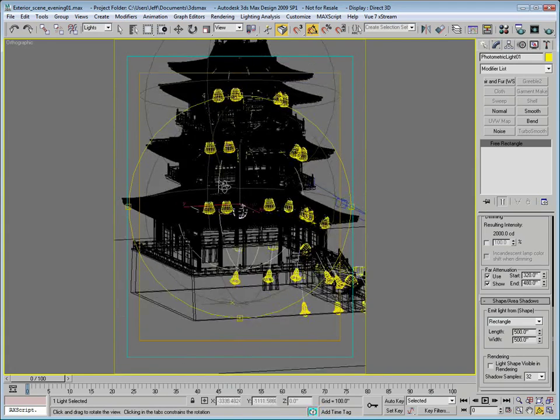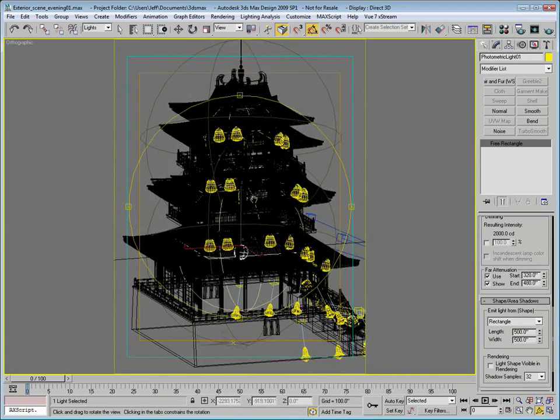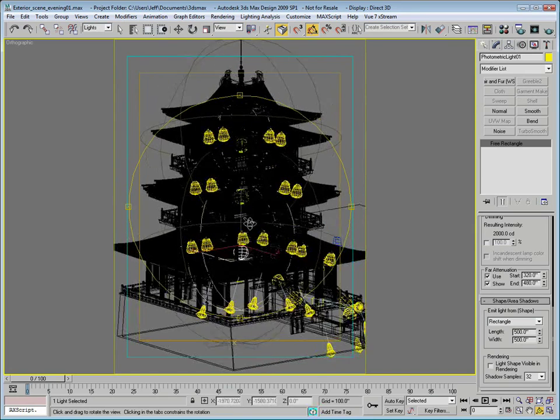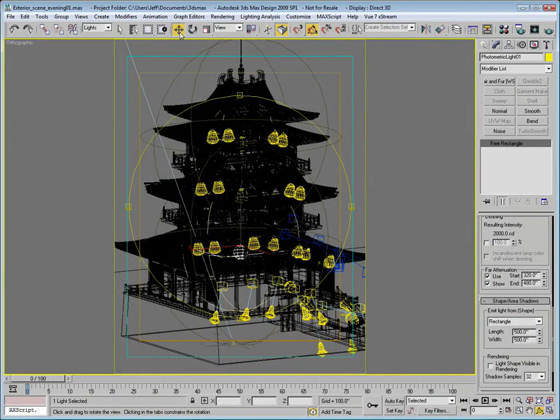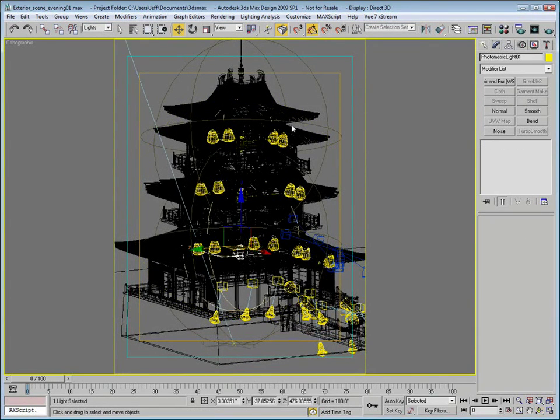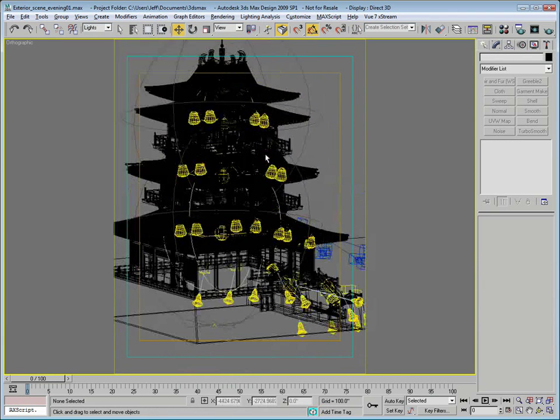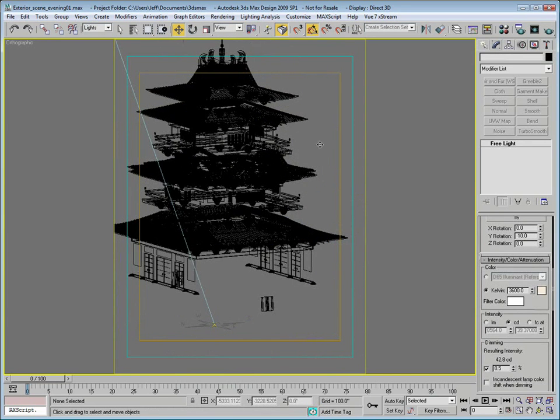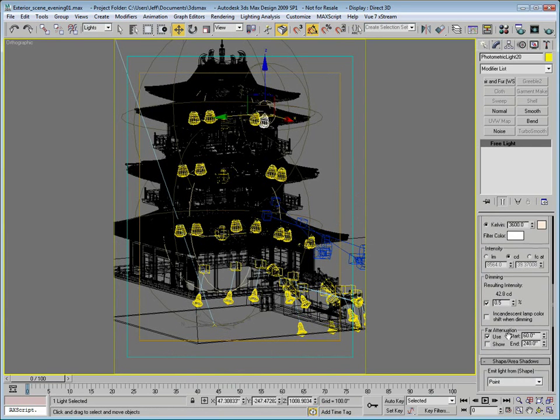So as you can see, I have the one large area light on each floor here that's illuminating the interior. And if you notice these rings along the outside of these light sources, what I've done is enable this far attenuation. And what that does is it limits the reach of these lights. If that's not on, then basically all of these light sources will just provide longer render times,